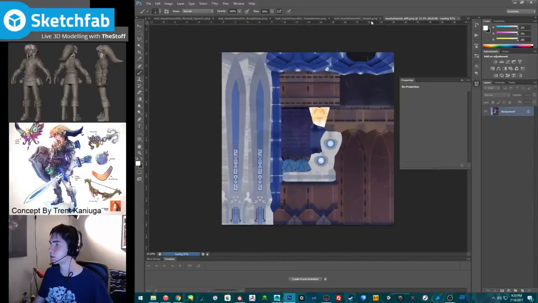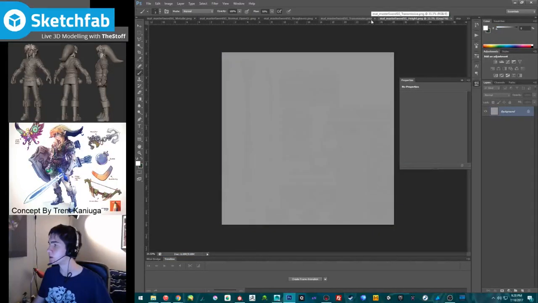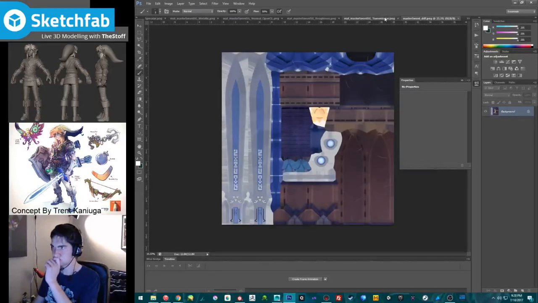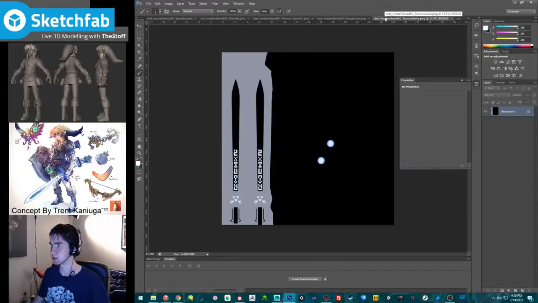Alright. What is this map? Oh, it's my height map. Don't need that. This is my transmissive map. Oh, but this actually has color. Okay.